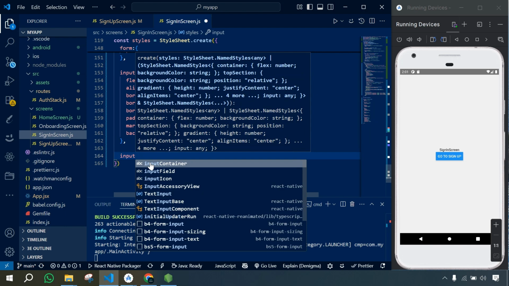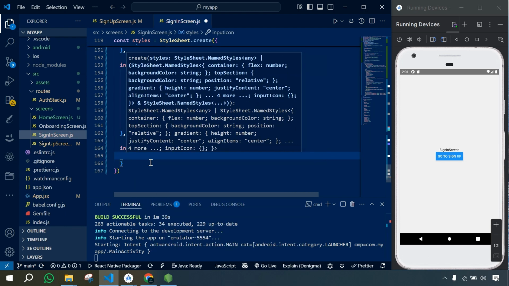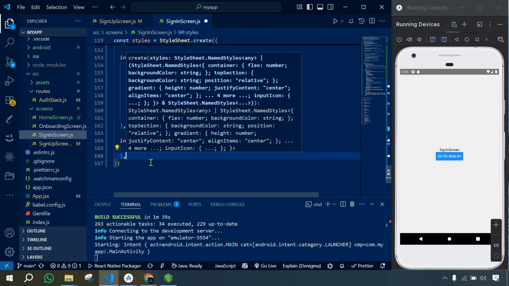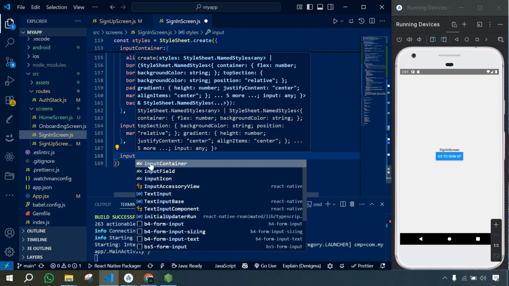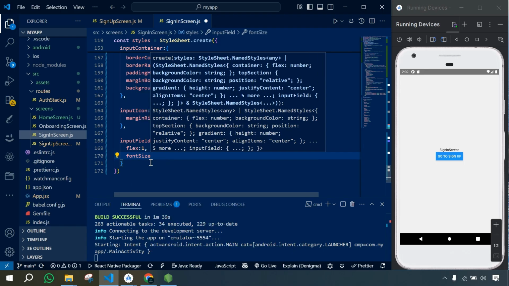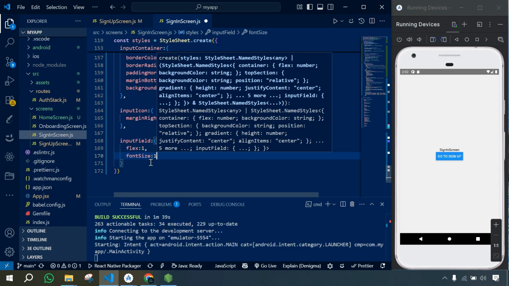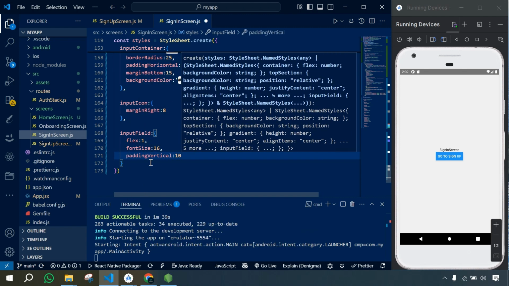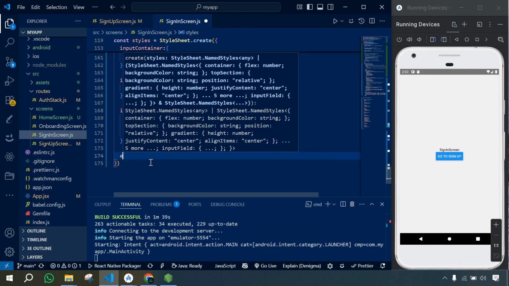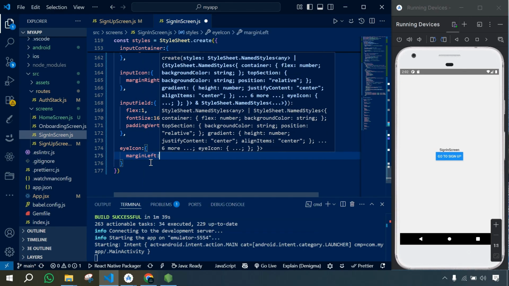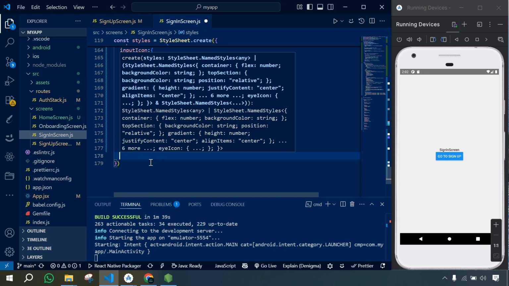and then for our input icon margin right will be 8, and then input field here flex will be 1, font size will be 16, and padding vertical will be 10, to that, for our icon, here margin left will be 8, and then button